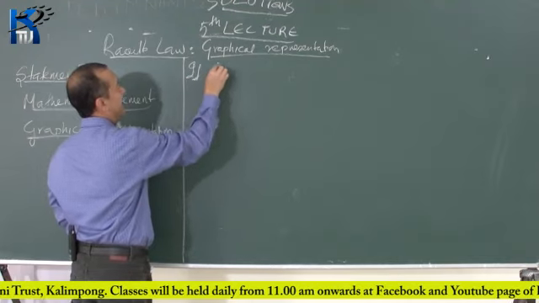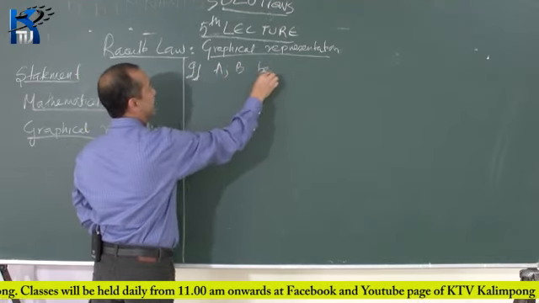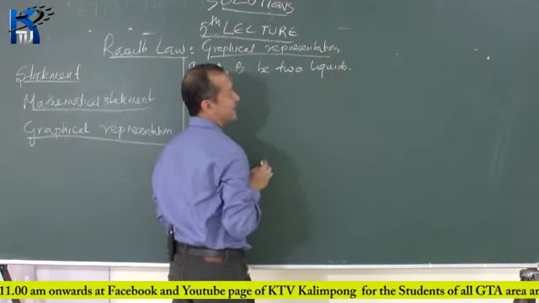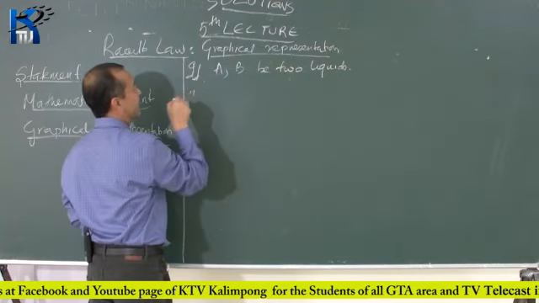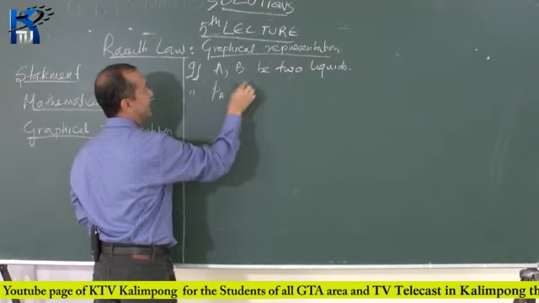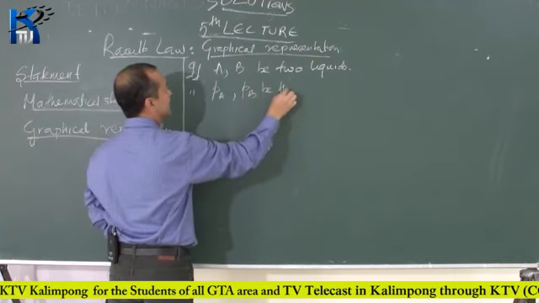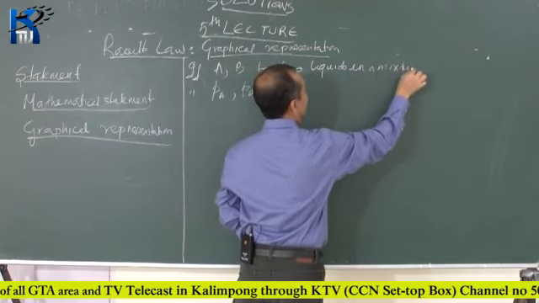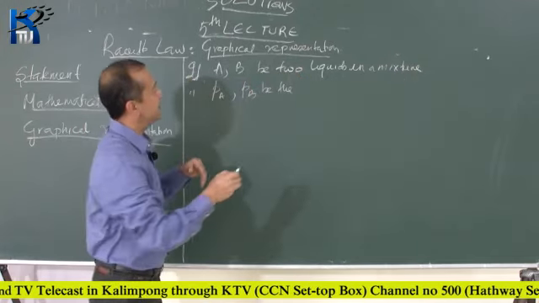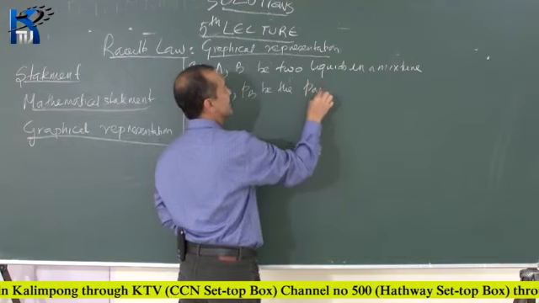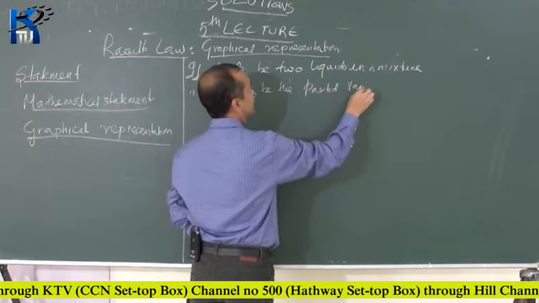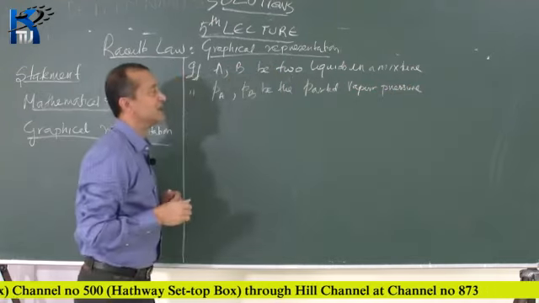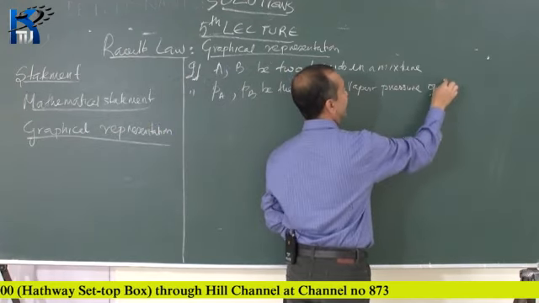If A and B are two liquids in a mixture, and PA and PB are the partial vapor pressures of A and B respectively,